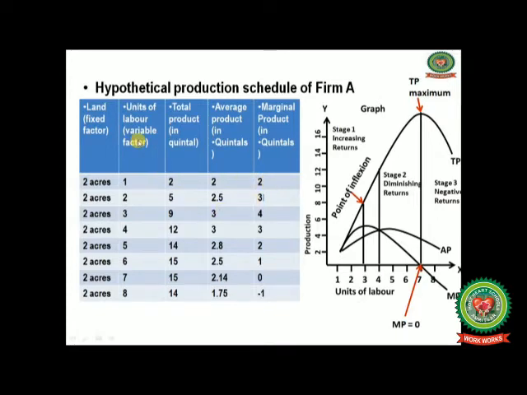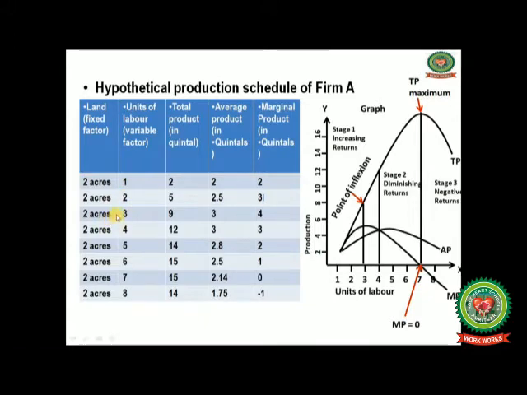Now when the labor is increased from 1 to 2 units, what happened with this increase in the laborers? Our total product increased from 2 quintal to 5 quintal of wheat, and the average product, that is 5 divided by 2, you will get 2.5, and the marginal product is the total product current minus previous production. Current production is 5 and previous production was 2. 5 minus 2 is equal to 3. So 3 is our incremental production, increased production or the additional production with one more unit of laborers.